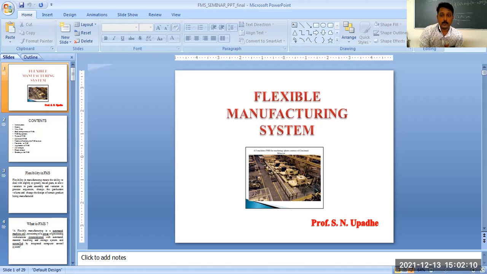So this is the case where flexibility is increased, but the volume of the production is decreased. Whereas in the first case, that is mass production, the volume of the production was quite high as compared to the batch type of production. Now, in the third type, the flexibility of manufacturing a product has been increased or decreased, that you have to understand.